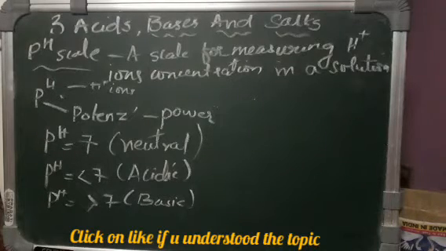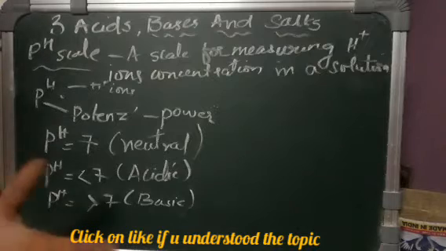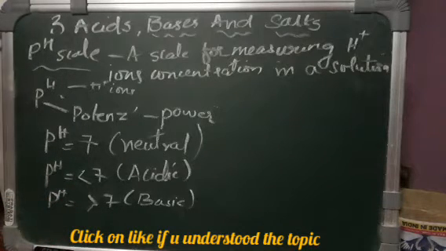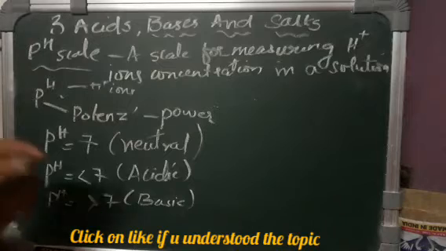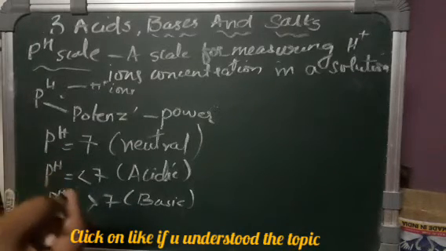So how is it measured? You can take a few of the acids, like hydrochloric acid, acetic acid, sodium chloride. You can take anything: tomato juice, coffee, lemon juice, tap water, banana juice, colorless aerated drink, saliva, anything, and just take the pH strips and see where the reading is coming.